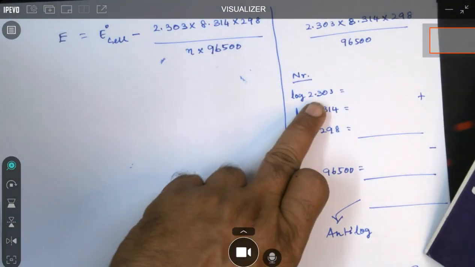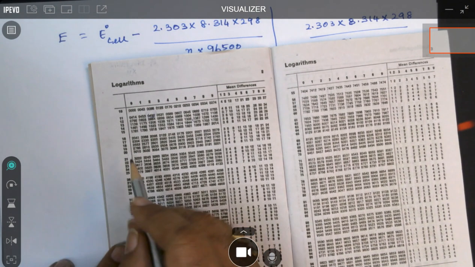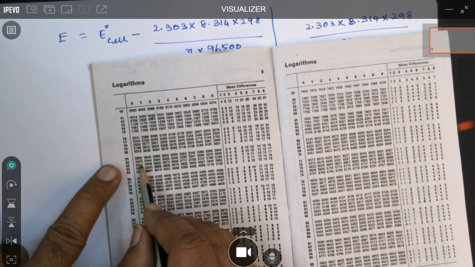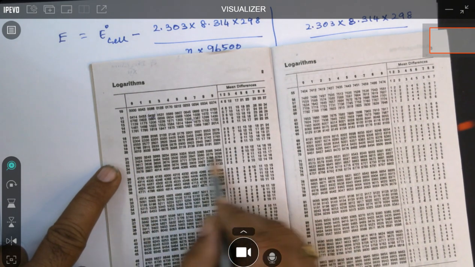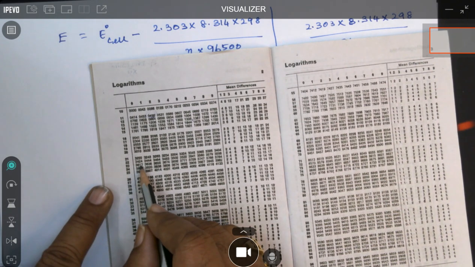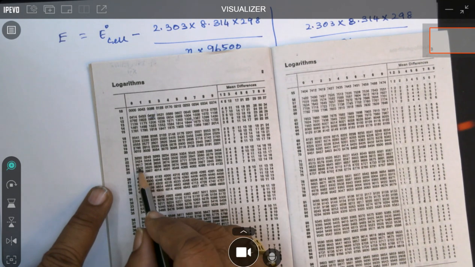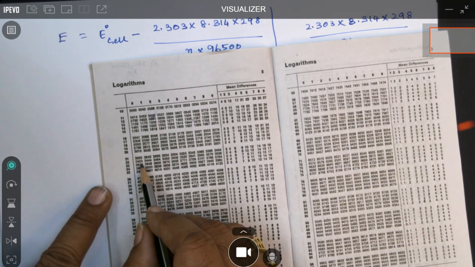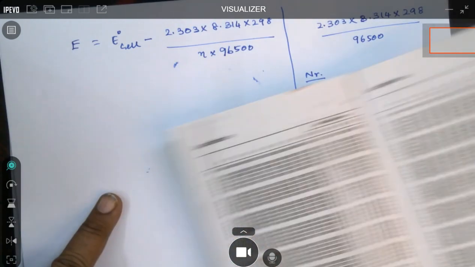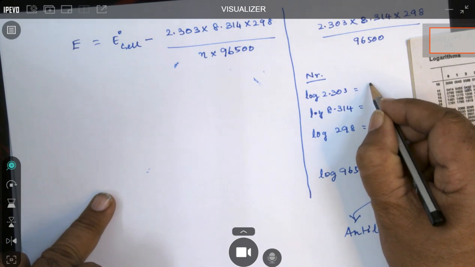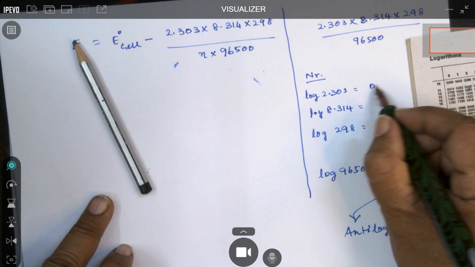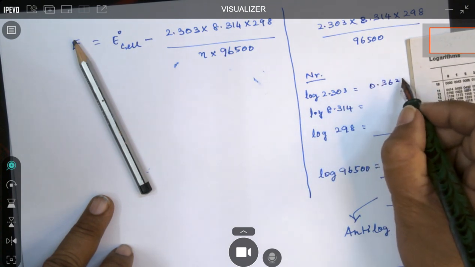So here 2.303, log 2.303 means we have to check 23 and 0 and mean difference 3. Mean difference is 6 and this is 3617. So 3617 plus 6, so 3623. Am I right? So you can write down 3623. Put 0.3623